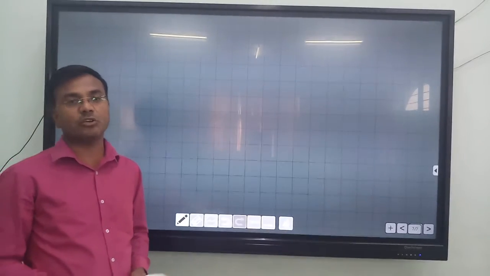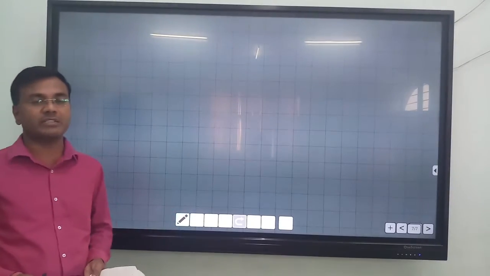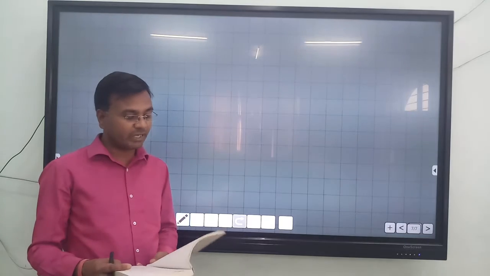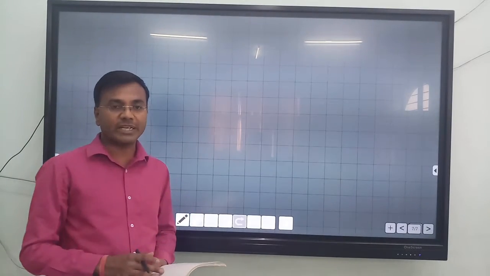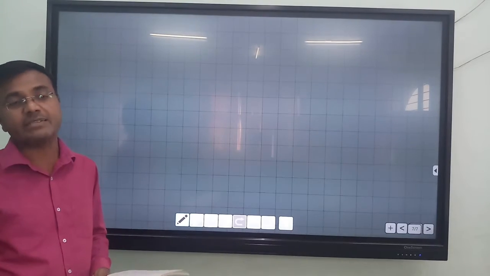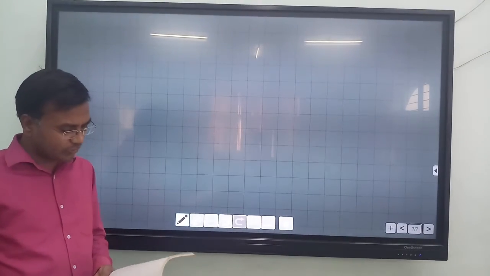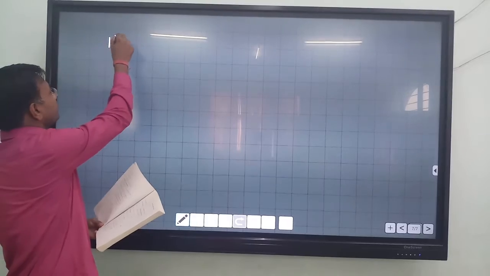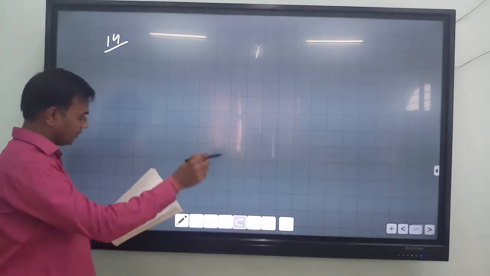So use the identity of tan inverse x plus tan inverse y, that is tan inverse of x plus y upon 1 minus xy, and outside there is tan, so the simplest form will be x plus y upon 1 minus xy, hence the result. So very easy questions you can solve. Now 14th one,